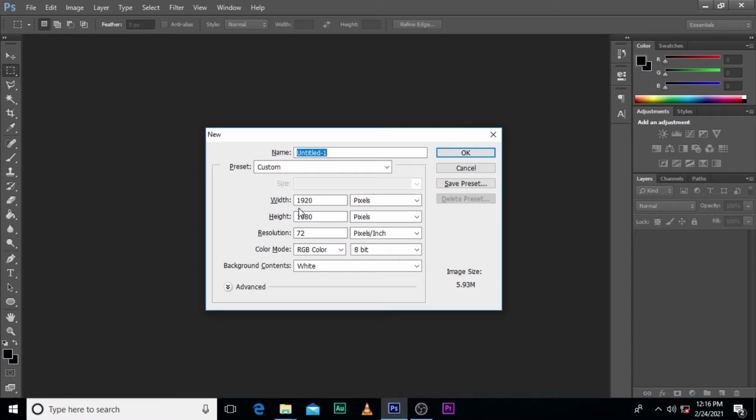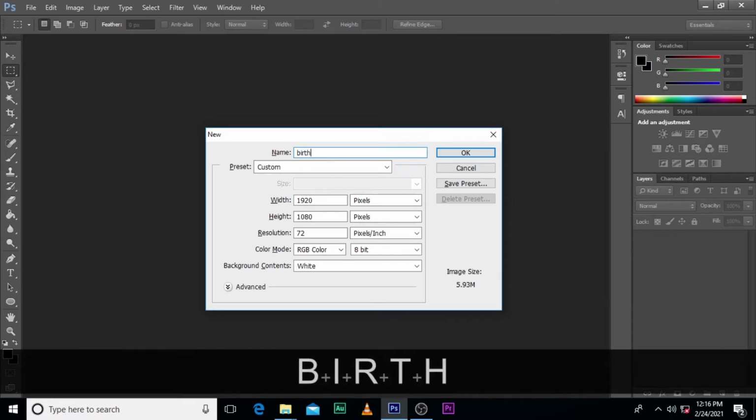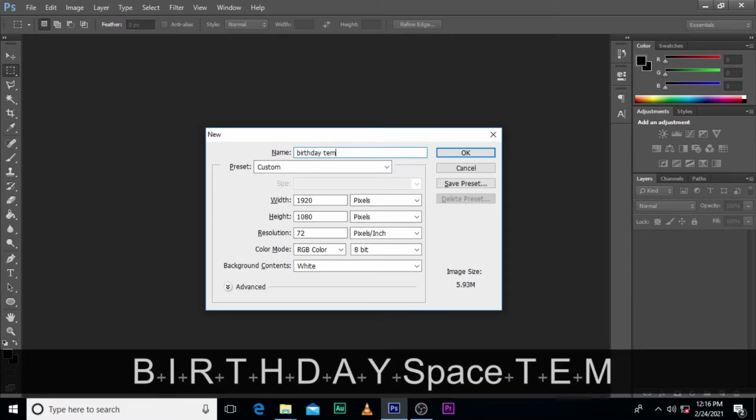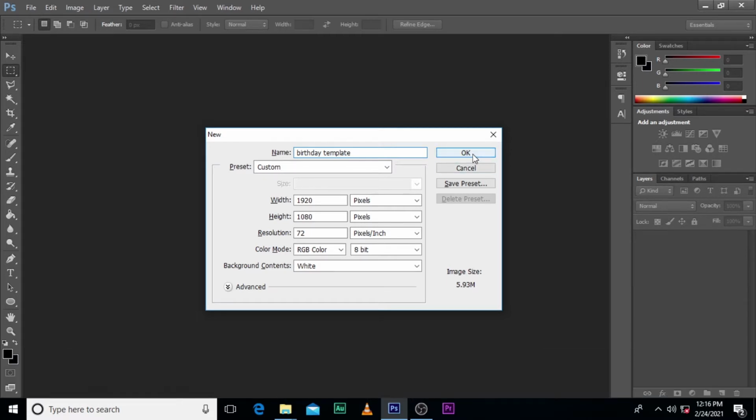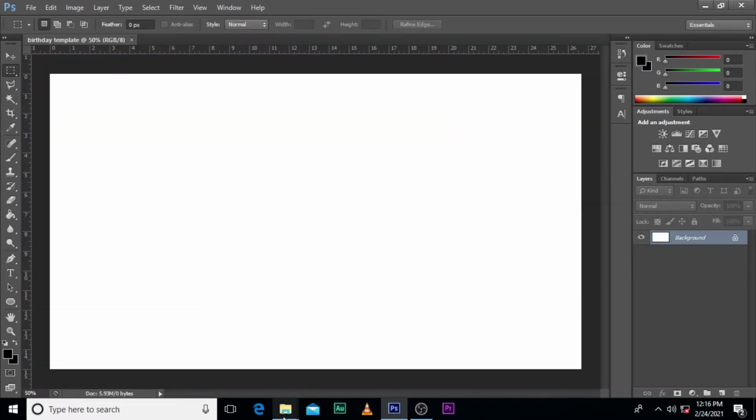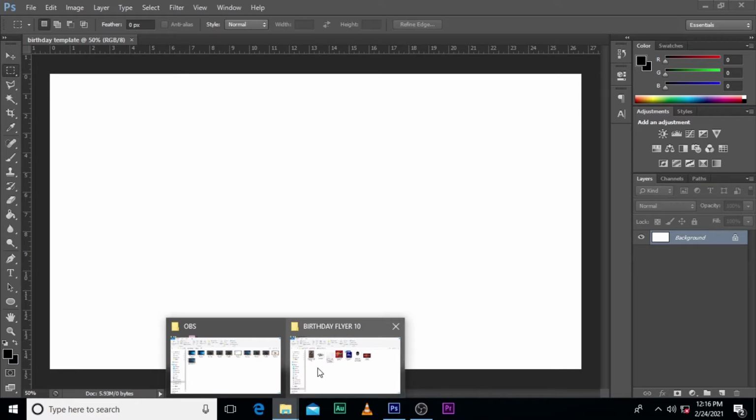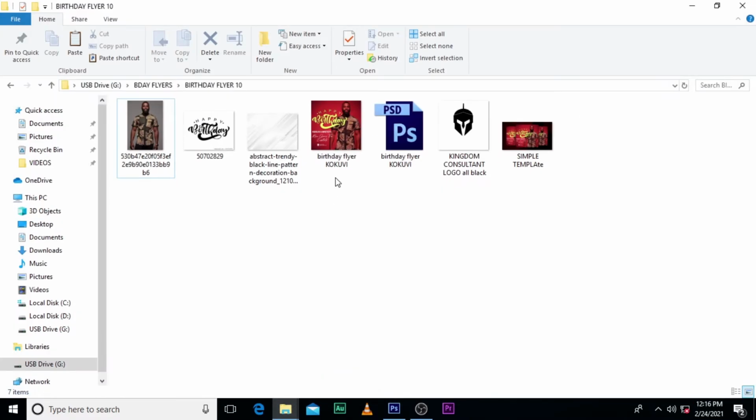YouTube accepts these dimensions for your templates: 1920 for the width, and 1080 pixels for the height. The resolution, you can leave it at 72, and then I type in birthday template, then I hit OK. That's it. Now we want to design a template that you can use once and for all. You don't want to be designing the same template over and over, because you want to save time. Time is quite short and time is money, so you design one template that you can use over